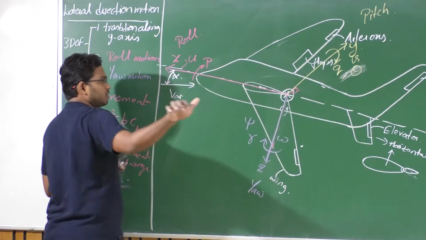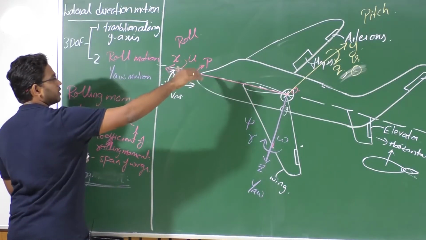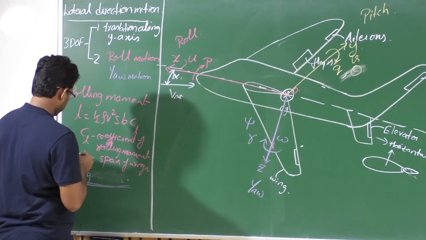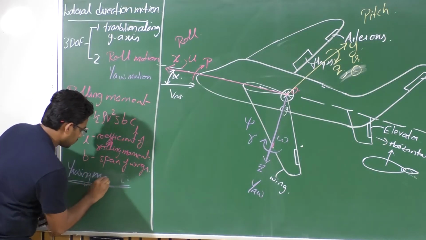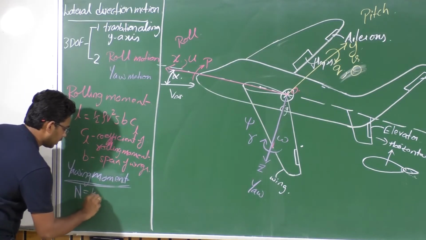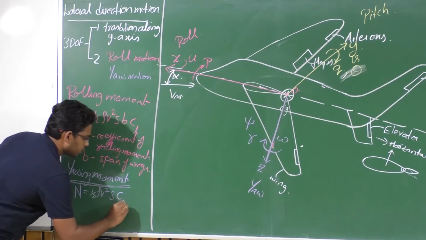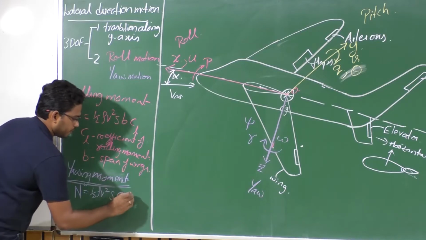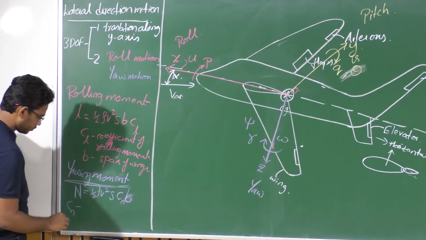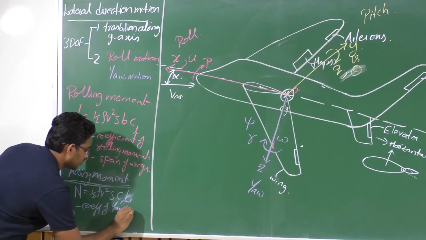And right wing going down is positive rolling moment. So stretch your thumb along positive x, and the curl of your fingers will give you the positive rotation of roll. So the yawing moment is given by capital N, which is half rho V squared, dynamic pressure, times the area, which gives you the force, and the corresponding non-dimensional coefficient times B, the reference length here, where C_n is the coefficient of yawing moment.